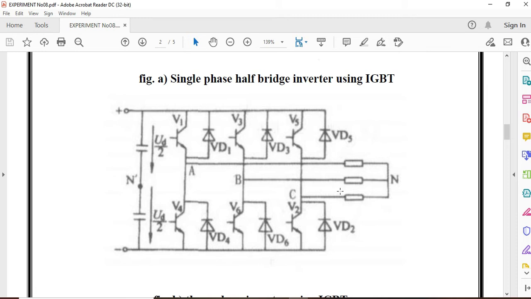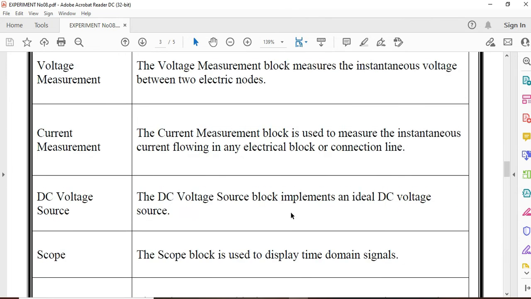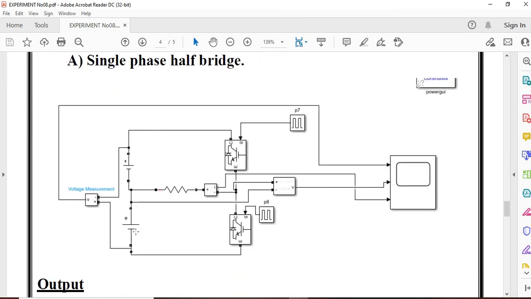Now this is your three-phase converter. Here also you will require two sources, and there should be 3 in the upper side and 3 in the lower side. Means total 6 IGBTs will be required. This whole diagram we will see over here. You will observe over here that this is your voltage source, this is your load. You have connected a voltage source across the two power supplies, and you have measured the voltage and current across your load.